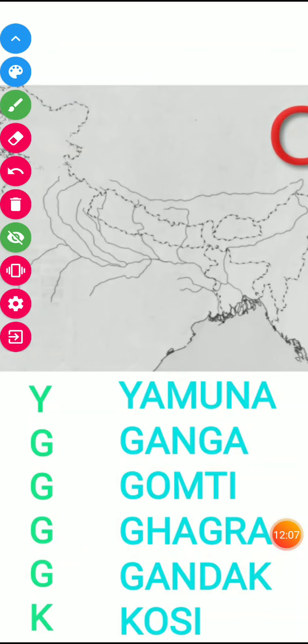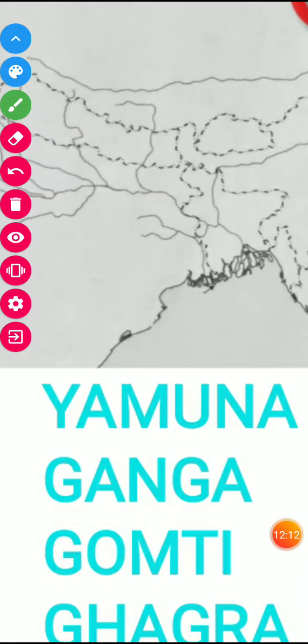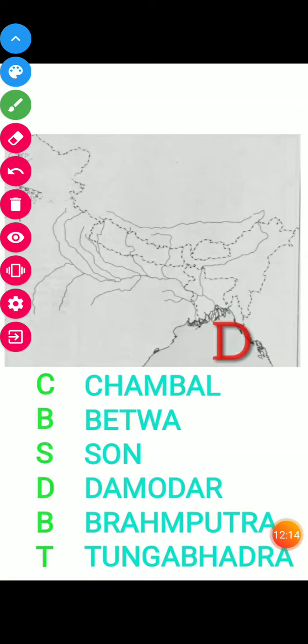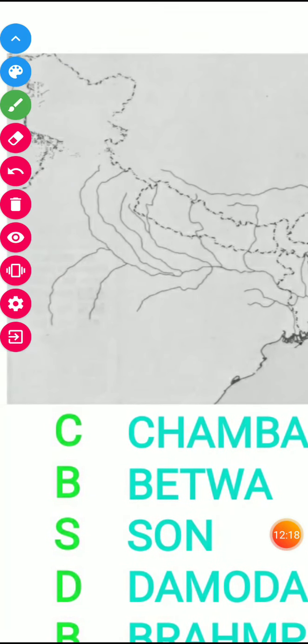Now I am moving to the next section, that is section D. Section D, children, is once again the same part, but now the rivers are not coming from the Himalaya, they are coming from the plateau region, Chota Nagpur plateau, and they are joining the rivers Yamuna and Ganga.